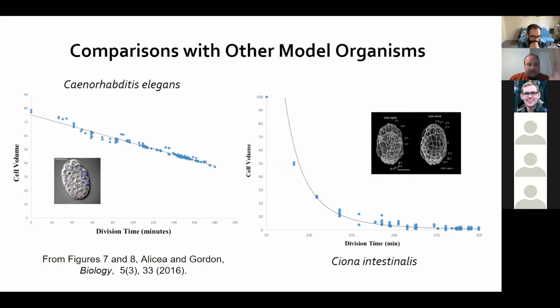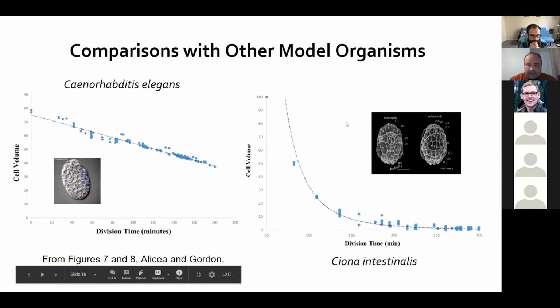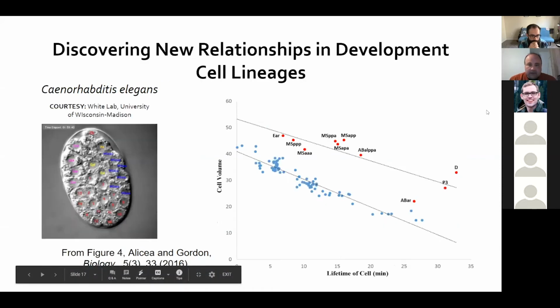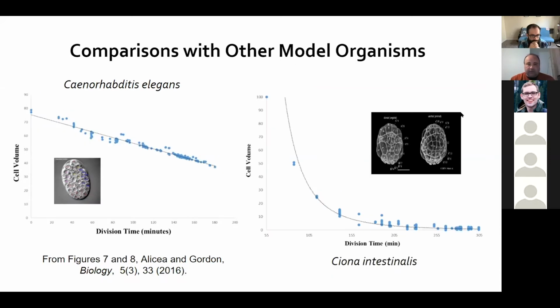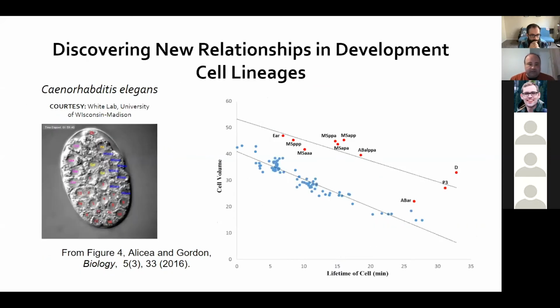For one, you can look at the relationship between cell volume and division time. So this is from our data. These are different from the 5-dimensional paradigm I was talking about before, but this is using additional data. This is looking at the trends between cell volume and division time. And so you can see that we can characterize this, and it's characterized differently in each species. We can also look at new relationships, though. So we can actually confirm old relationships and characterize new relationships.